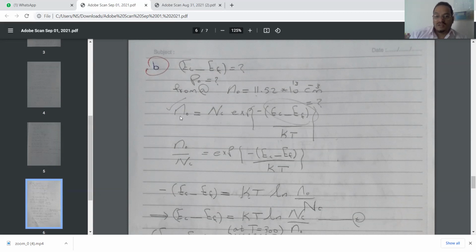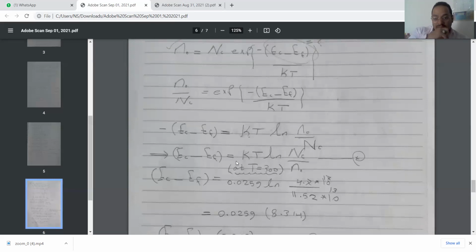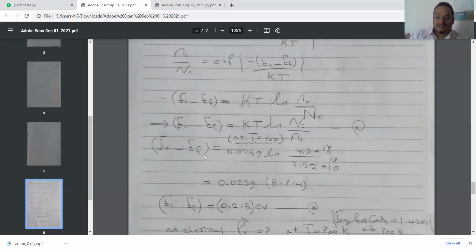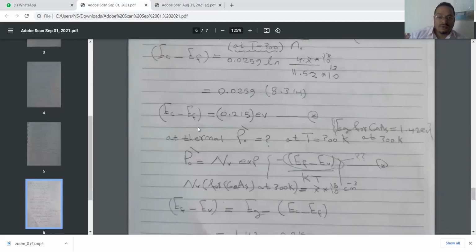We divide the concentration of electrons by the effective density at room temperature, then take the natural logarithm of both sides, and delete the minus by putting the effective density above and the concentration of electrons below. By that we could calculate this bracket, conduction band minus valence band, equals 0.0259, electron volts, I'm sorry, the last result here is